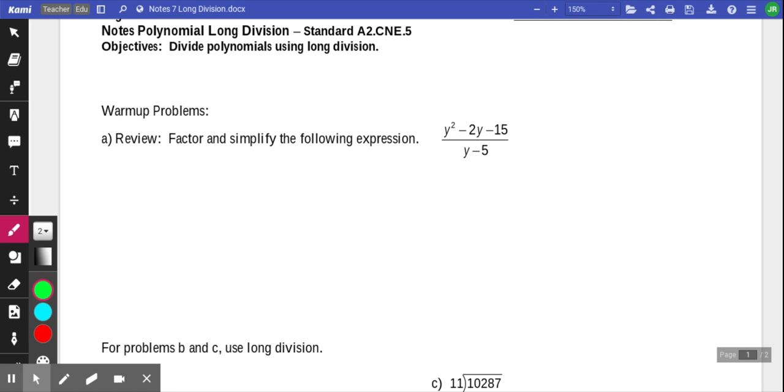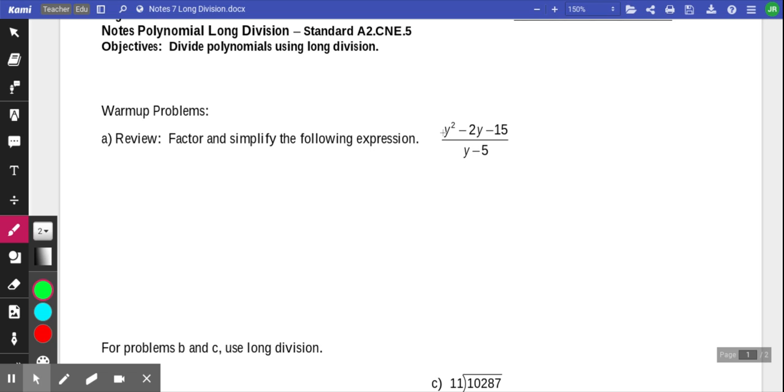Welcome back, students. Today we're going to continue working with our rational expressions, and we're going to learn a new strategy for how to simplify. So far our only strategy with simplifying rational expressions, so a fraction expression, has been to factor it and see which factors cancel. So for example, if we have y squared minus 2y minus 15 divided by the binomial y